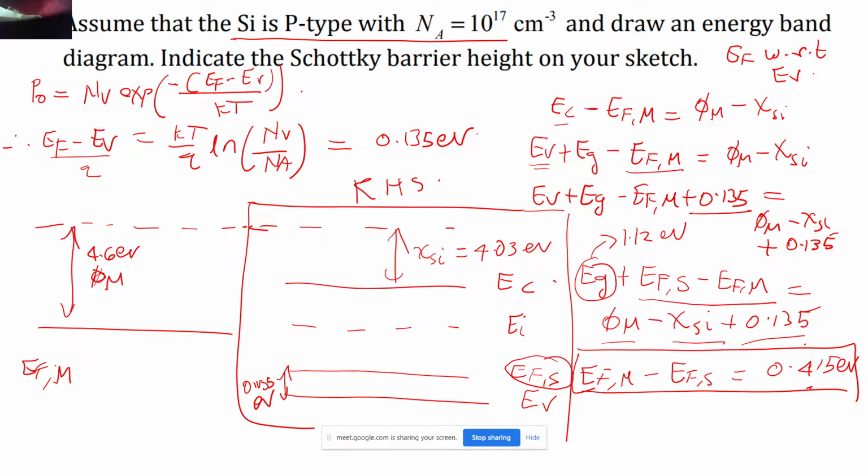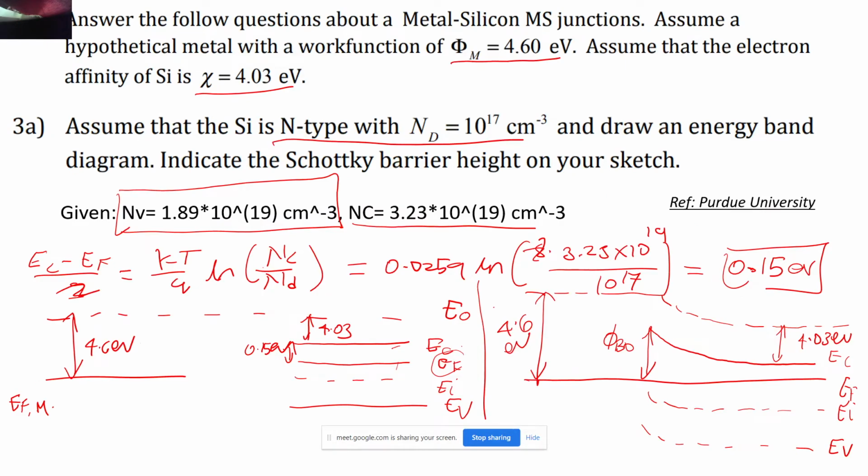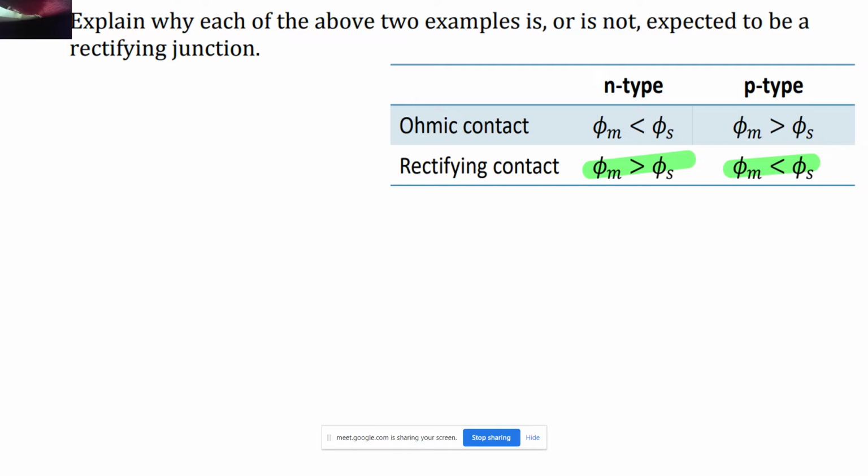And if you look for what you can say for the case of the n type semiconductor, here we already know the difference of EC minus EF, right? So this was 0.15 eV, this was 4.03 eV, right? So in this case, for n type,